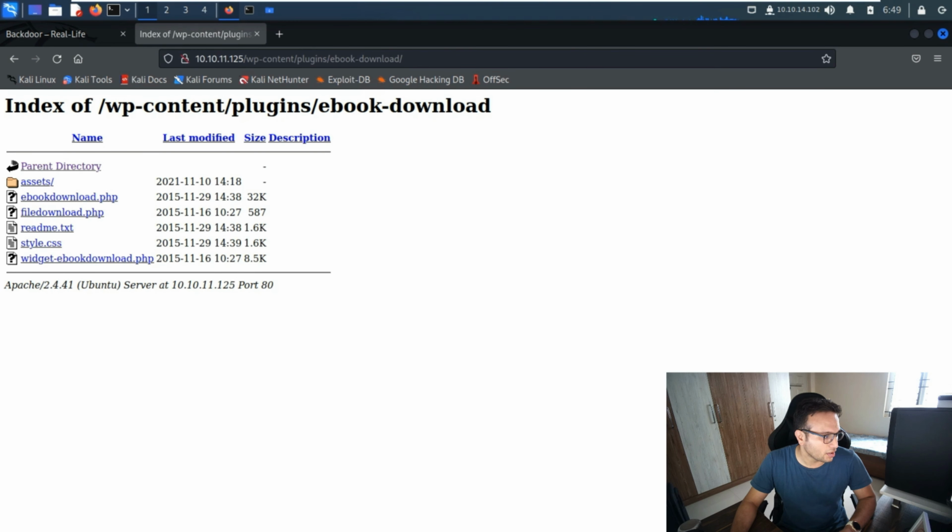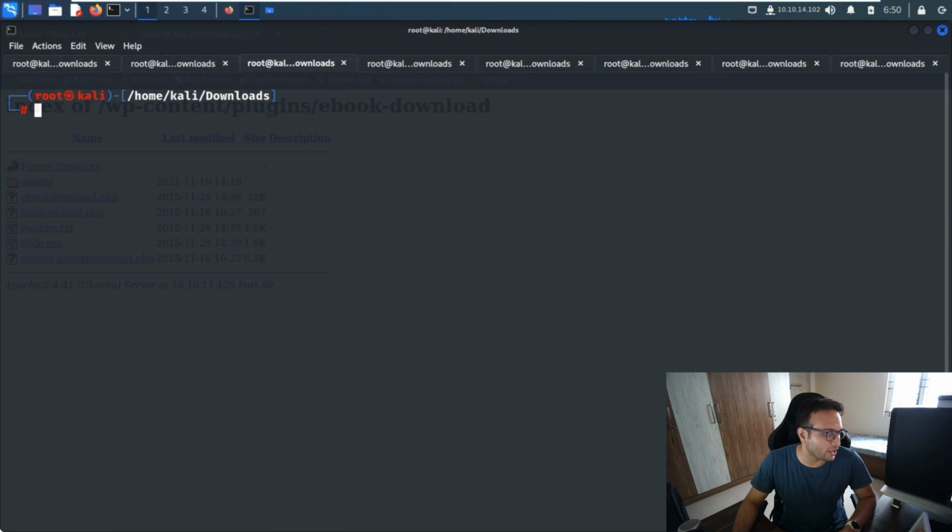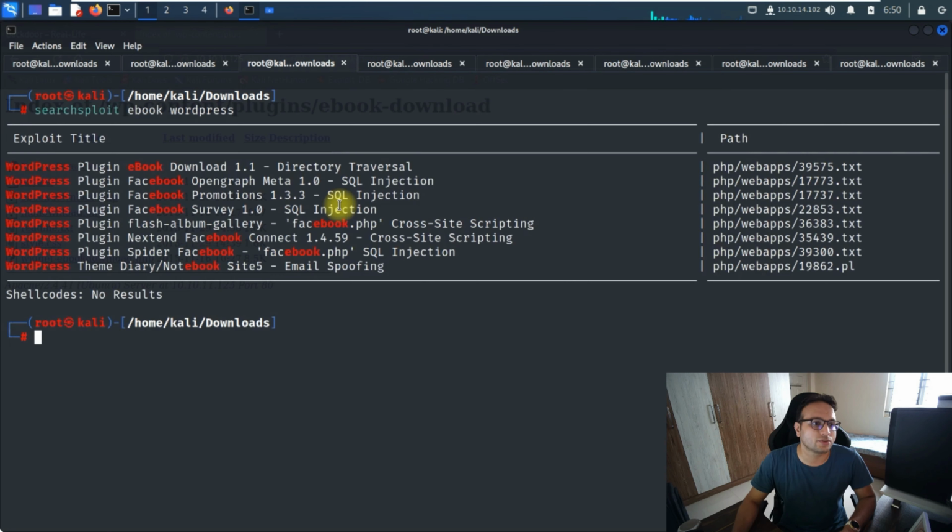And after that, what exactly does it look like? This is one of the plugins which we are using. So I'll have to figure out, using searchsploit, whether any exploit is available for it. Let me search for an exploit for the eBook plugin for WordPress, and on the basis of that only we will proceed further. So when I run it, I can see a couple of things present over there itself,